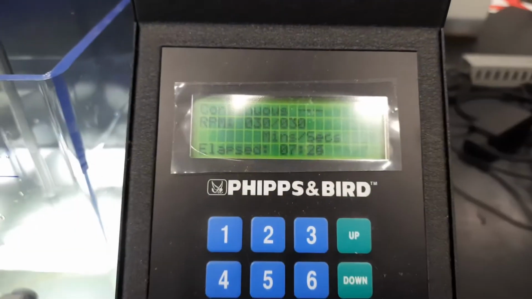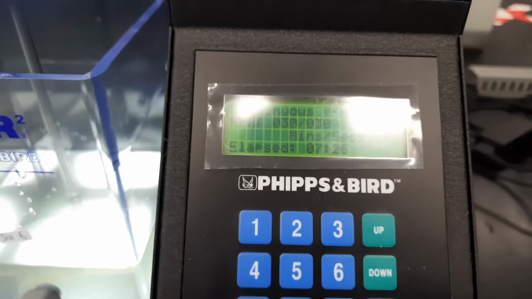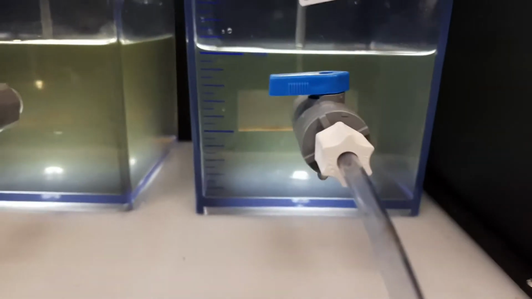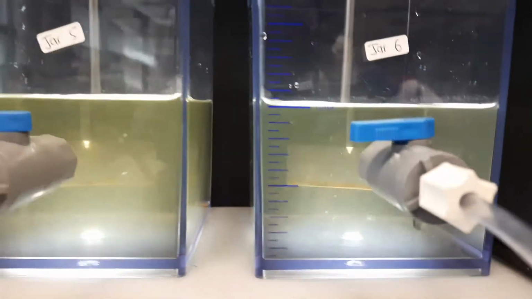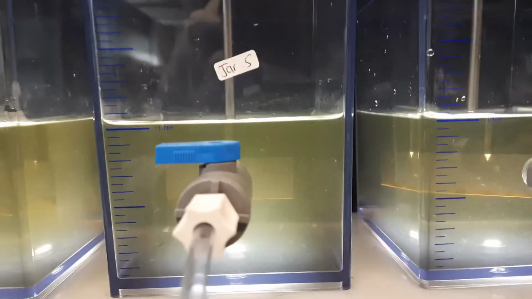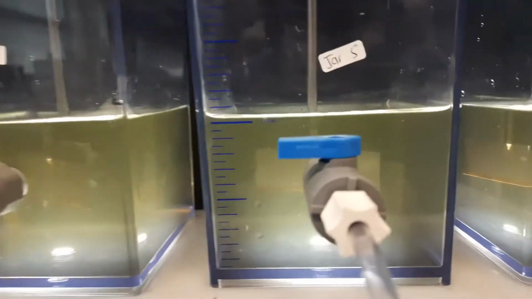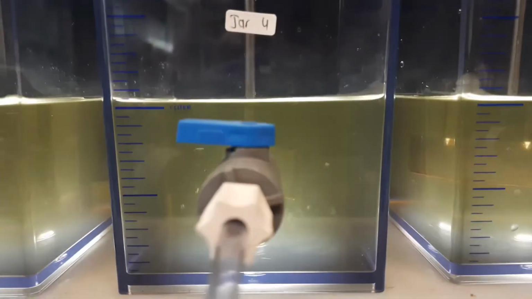As you can see, already 7 minutes have passed and floc formation has started. As you can see, this is jar 6, this is jar 5. You can observe the flocs.